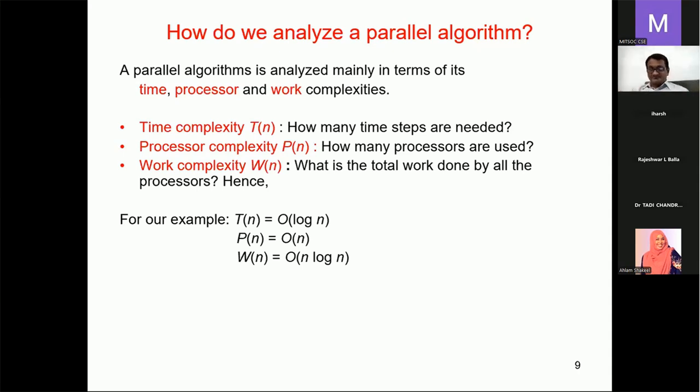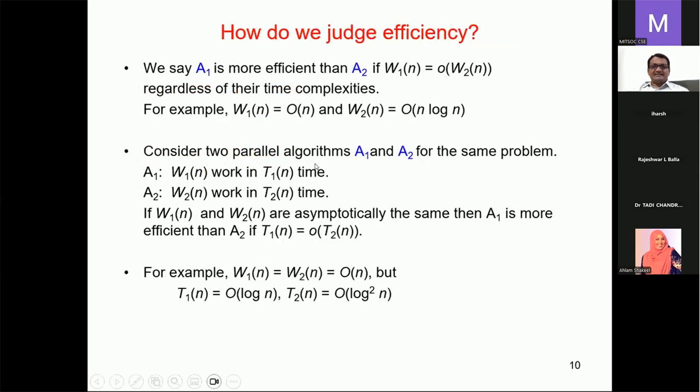But before that, I want you to understand the next 2 to 3 slides, which are more mathematical in nature, but don't worry, I will explain it clearly so that you will enjoy it all. Is it fine? So I'm going to the next slide, which is how to judge the efficiency. Please look into it.